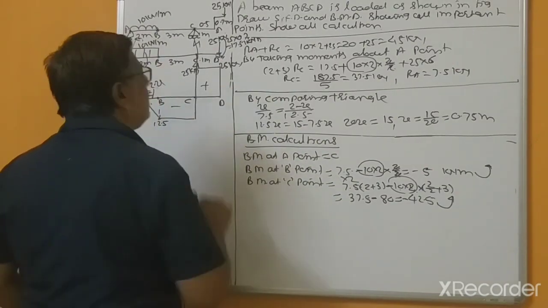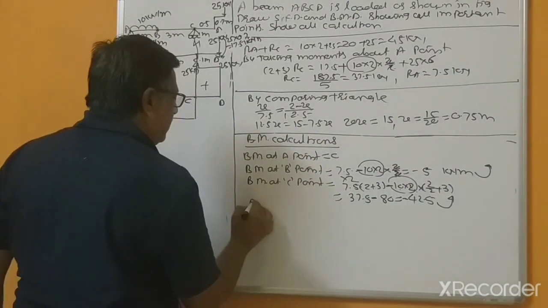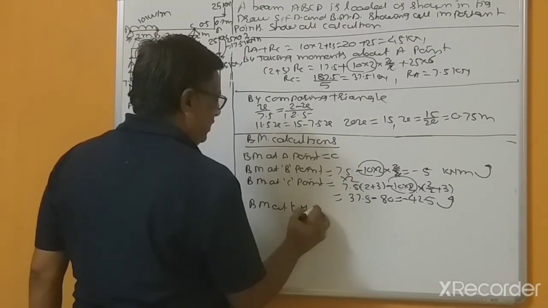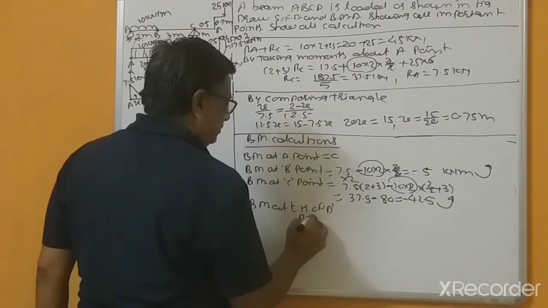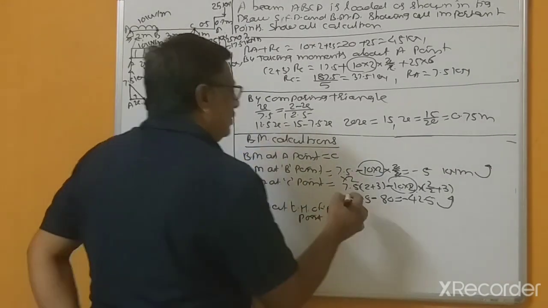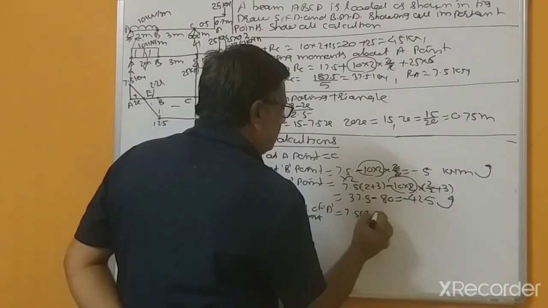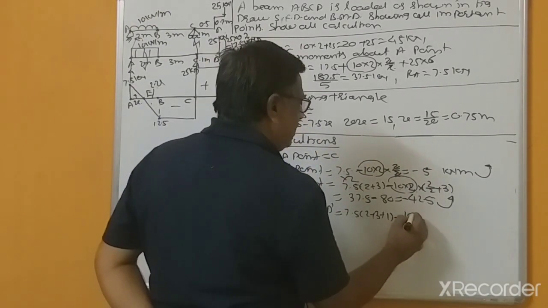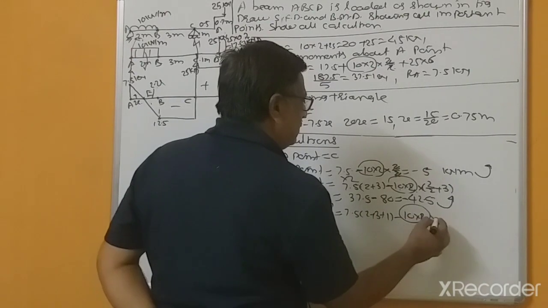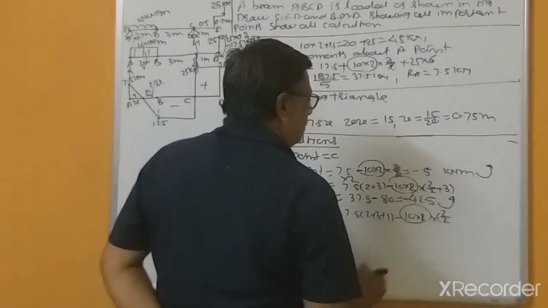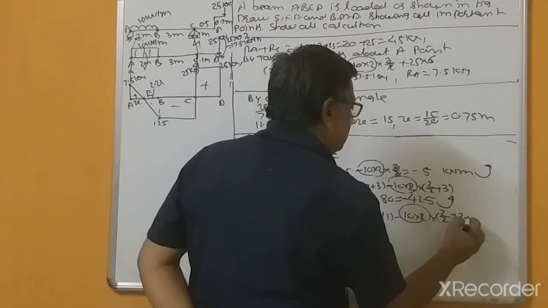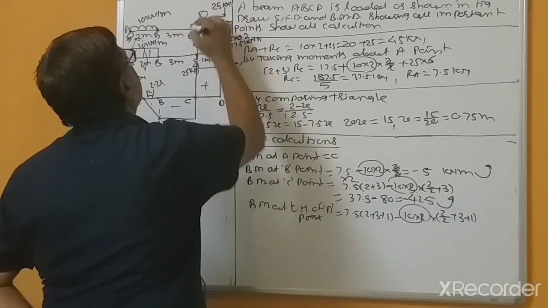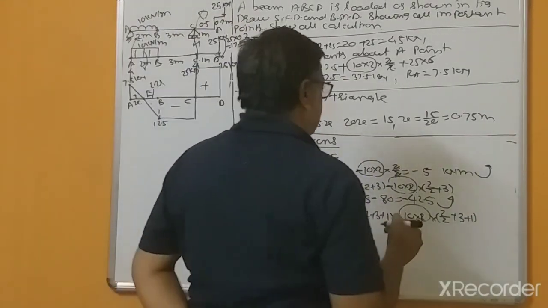Now here a moment is acting at D point, so first we'll calculate the bending moment at the left hand side of D point. Now distance 7.5, 2 plus 3 plus the additional distance 1, minus 10 into 2 shear force, half of its distance plus 3 plus 1, and this is clockwise moment, RC into 1. RC equals how much?